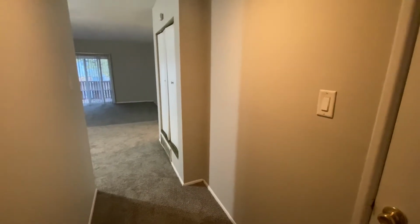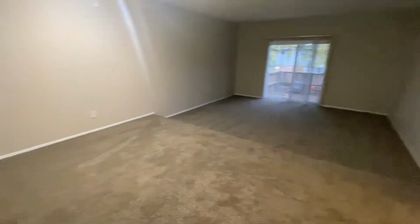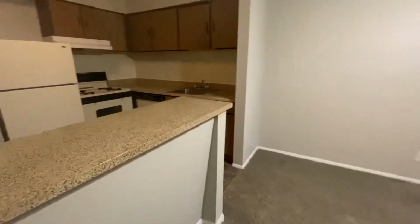We are in a 2-bedroom, 2-bath. And when you walk in your door, directly to the right, you have a large coat closet. Then we walk down the hallway here, and you have your utility closet on the right, and then your kitchen